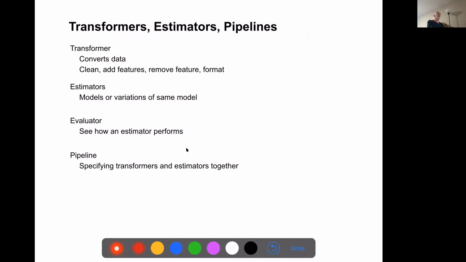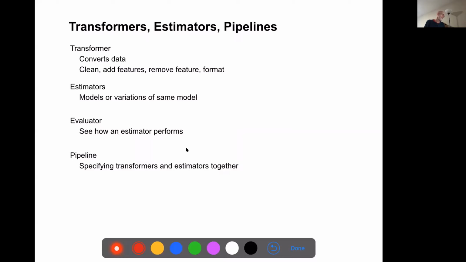Now what happens is that when processing data like you do in assignment 2, there's a whole number of steps you take, right? You have to read the data, transform the data into the right format, clean the data up, add features, remove features, remove rows which don't have data in various columns.